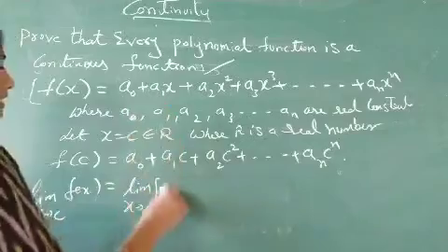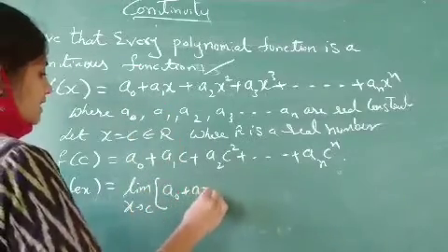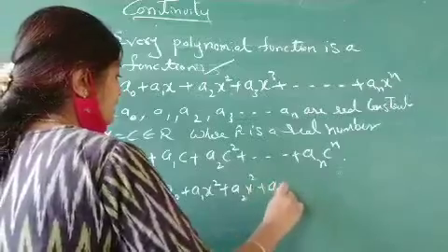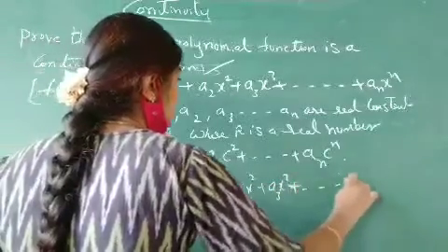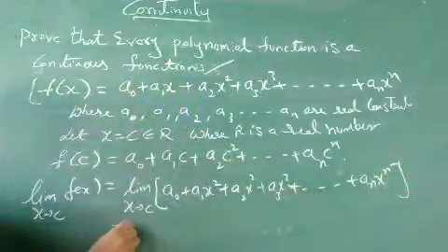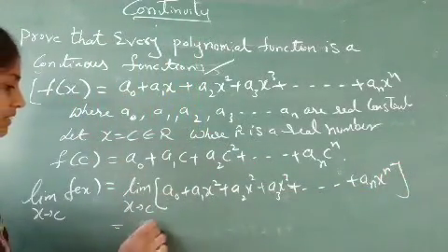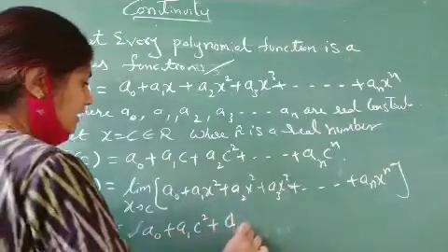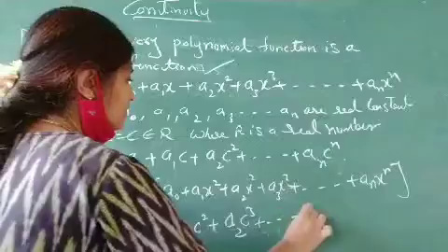Limit of f of x as x tends to c is equal to limit as x tends to c. What is the function? a0 plus a1 x plus a2 x square plus a3 x cube, and so on, plus an x raised to n. Now you apply the limit. If you apply the limit, it becomes a0 plus a1 c plus a2 c square plus a3 c cube, and so on, plus